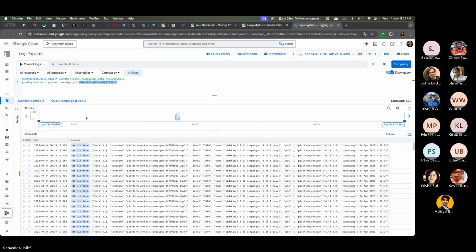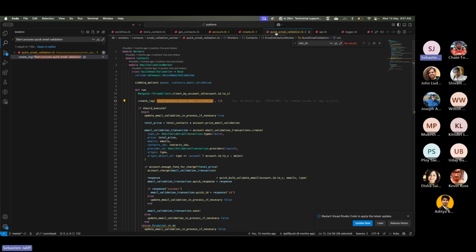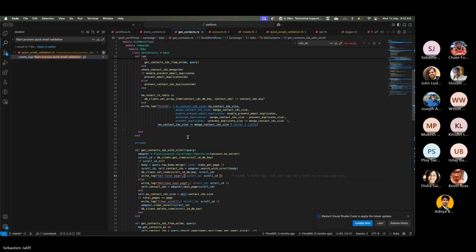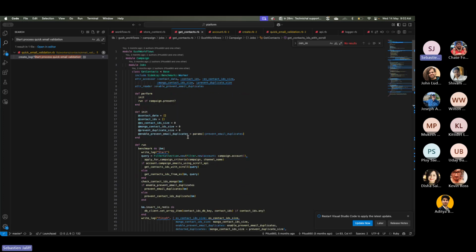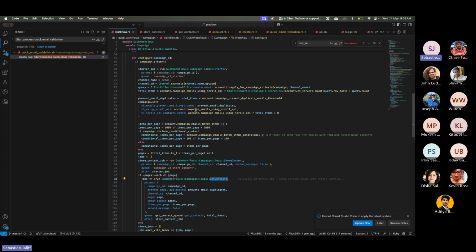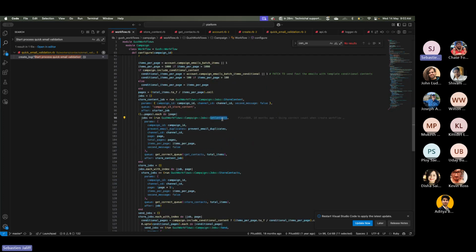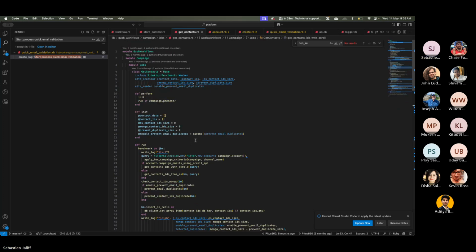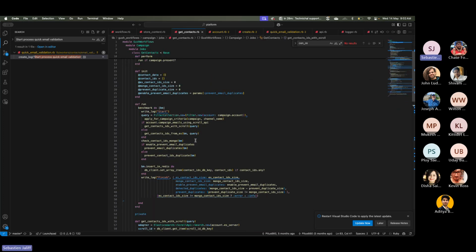For example, in the campaigns, we have a workflow for sending campaigns. First, we are getting the contacts, and for example, you have the message here when the get contacts